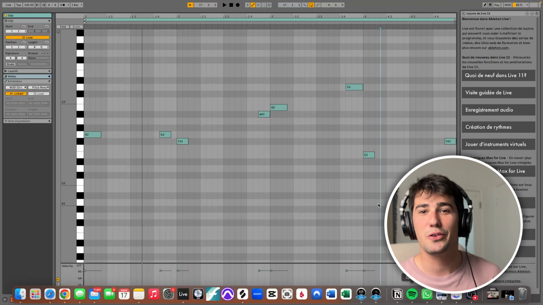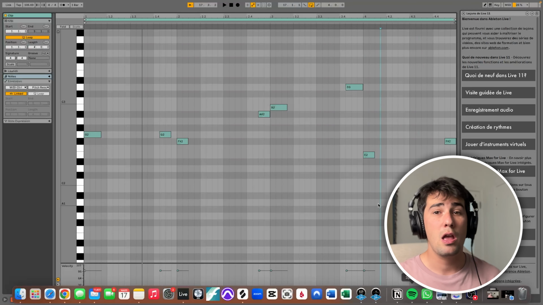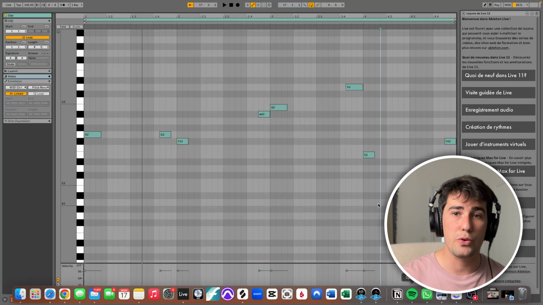All right, so this is pretty cool. We're using the same groove as before. We just have a little bit more motion because we're using more notes. So now that we've connected the roots, let's talk about